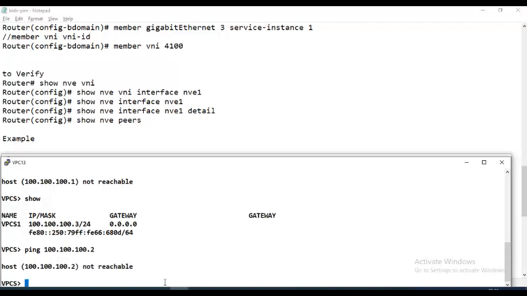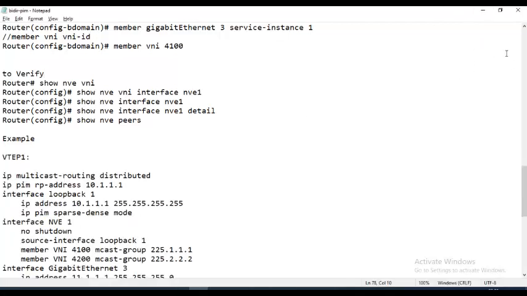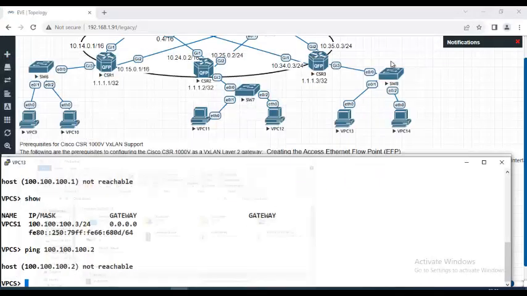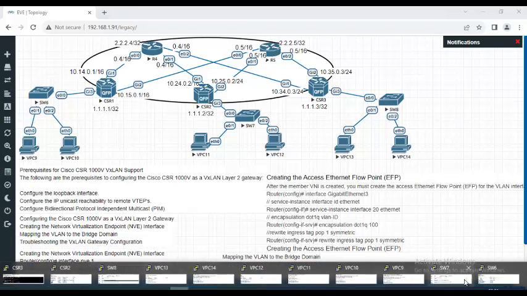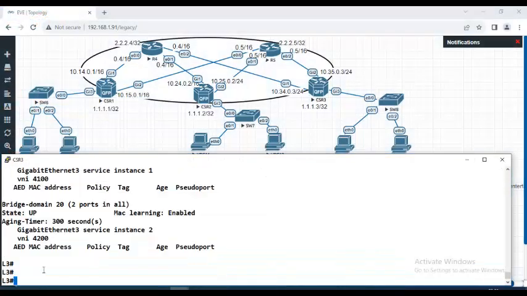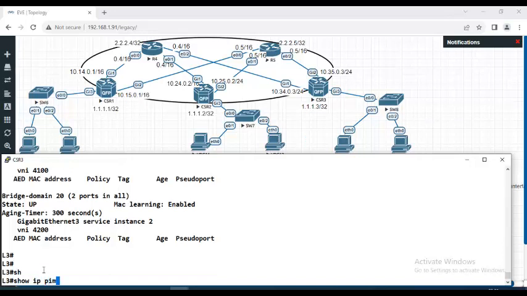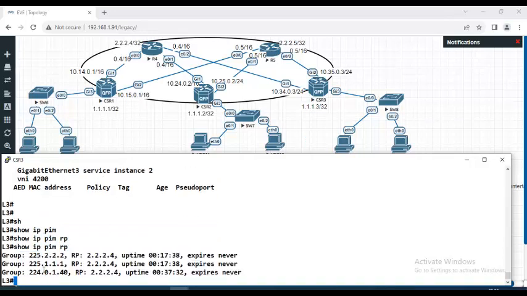So there may be a problem because of multicasting. Let me check the multicasting. It may be because of multicasting. Where can I check? I'll go to R5 and see, or on CSR3 I need to check the multicast first. Show IP pim RP. It's nicely showing. For this guy I need to go here. All these things are looking beautiful. And I want to see whether this guy R4 and R5